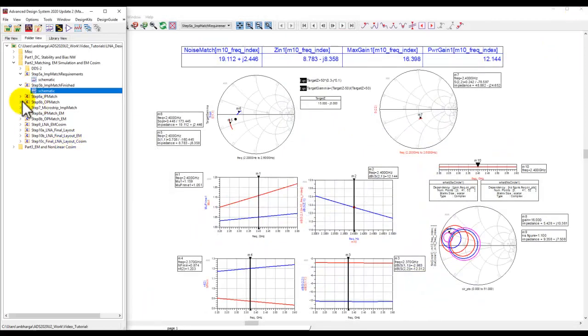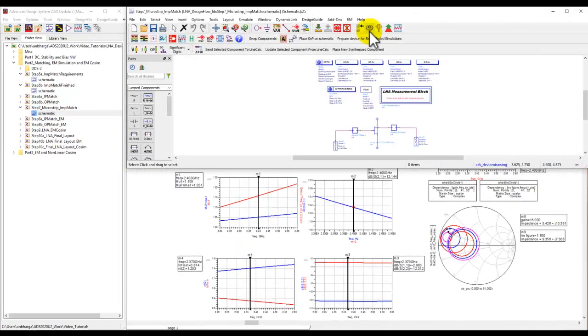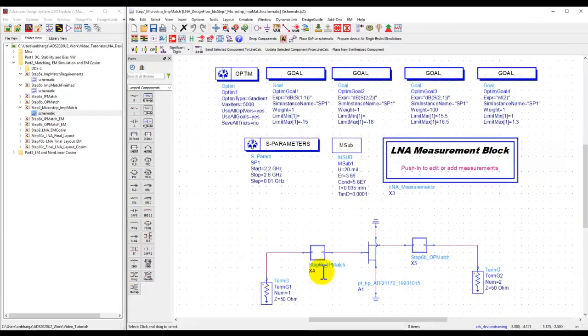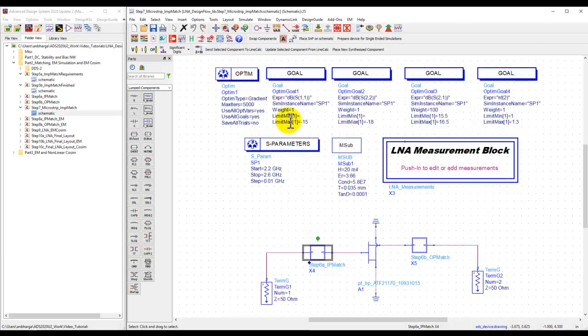So that's what I have done in the next step. And also what I did was to combine everything under a single page of my design here. So I just created two sections, one representing the input match, another representing the output match section. And also we have a few optimization goals, because when we are converting from an ideal transmission line to practical transmission line, it might cause some additional loss or mismatch. And at every step, I can just simply run optimization to correct the performance and bring back the required performance